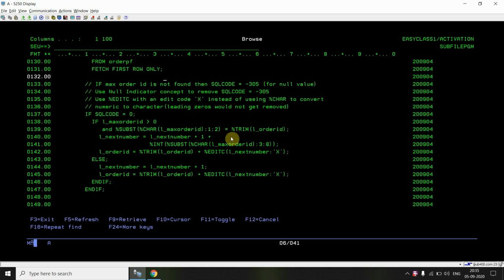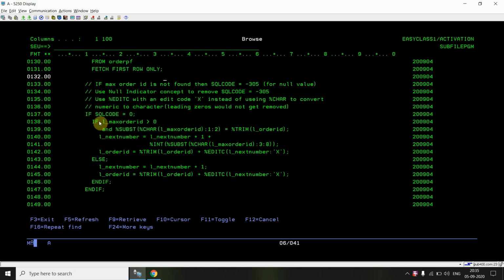For example, if this year is 21 and I'm not getting anything, I'm getting 20. So it will check whether the L_max_order_ID, from the first position to length 2, is 20 or not. If yes, it is 20, then the condition is met.